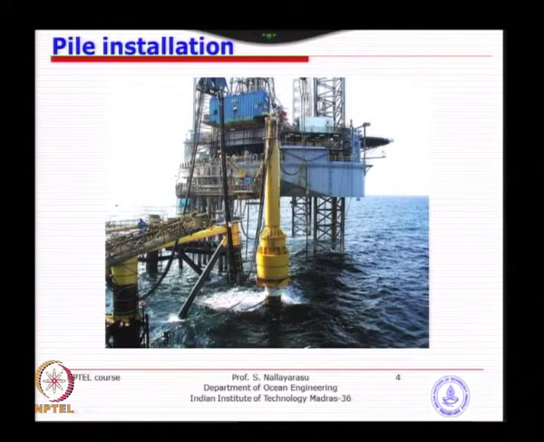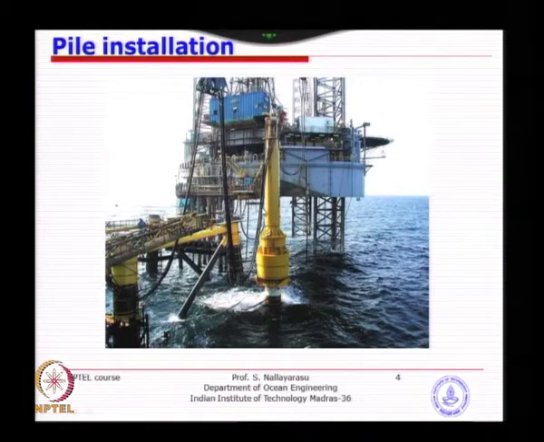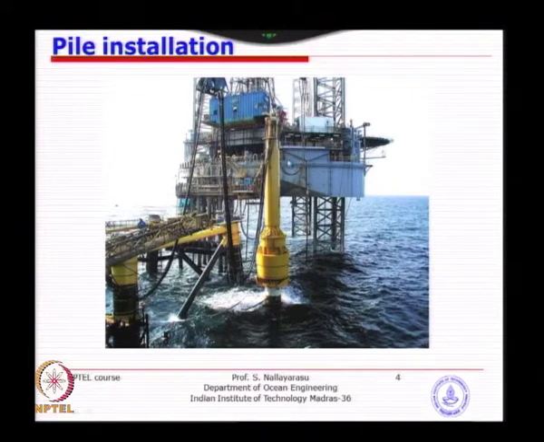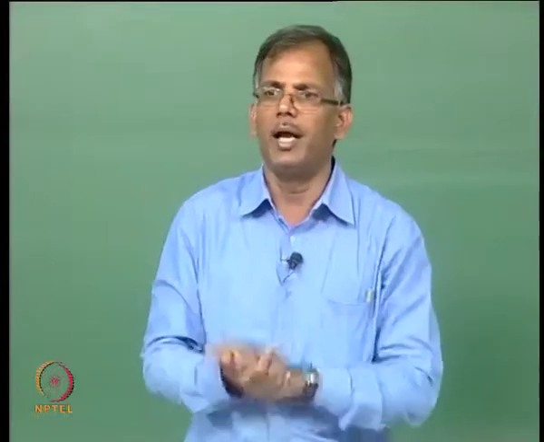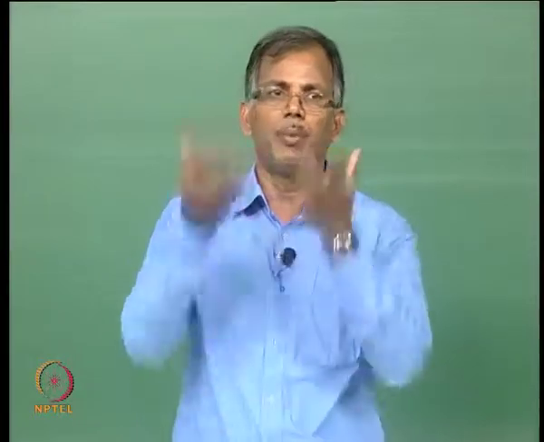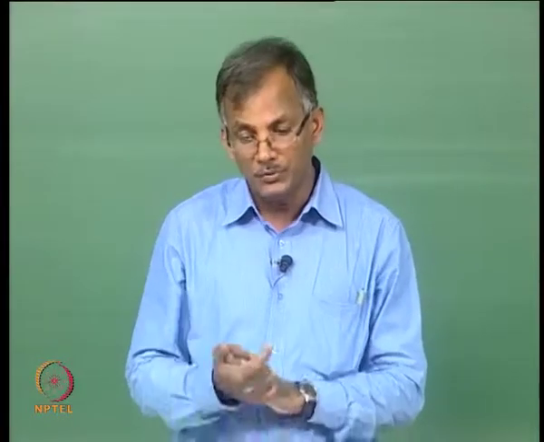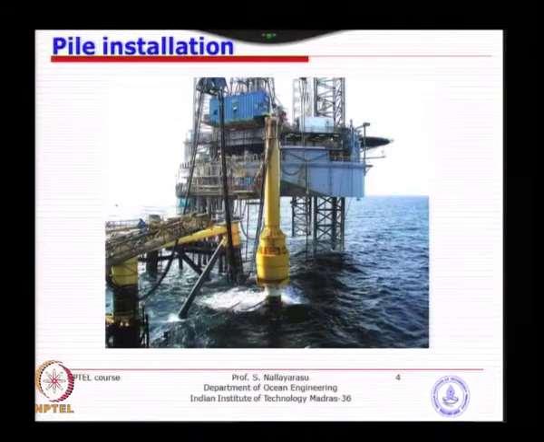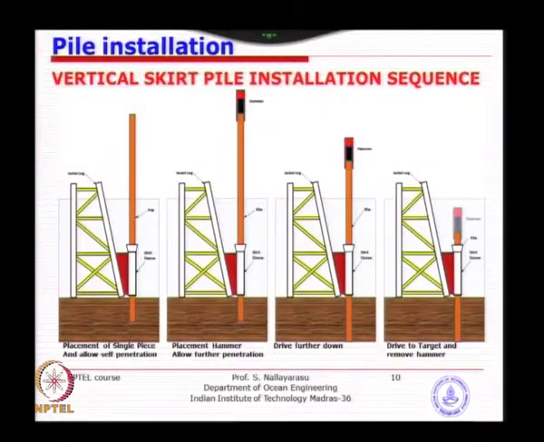You can see here several hoses going down to the barge. The barge is actually in the background. It will send the pressurized fluid, which will make the anvil hammer lift off and drop. A hammer is nothing but a heavyweight steel which needs to be pushed up and down. We have several types of hammers which we will see in a later part. So, the basic idea is that driving a vertical skirt pile is faster, but you need to make the design properly, so that the pile is safer.